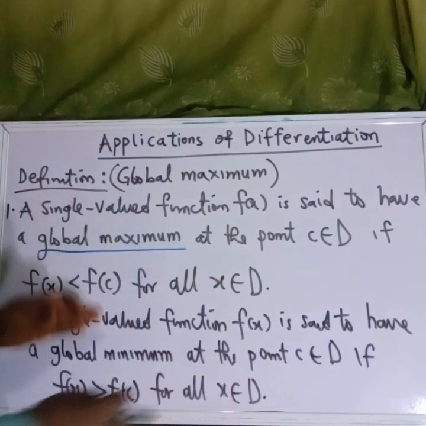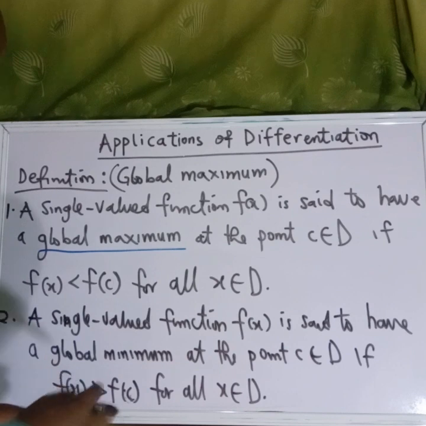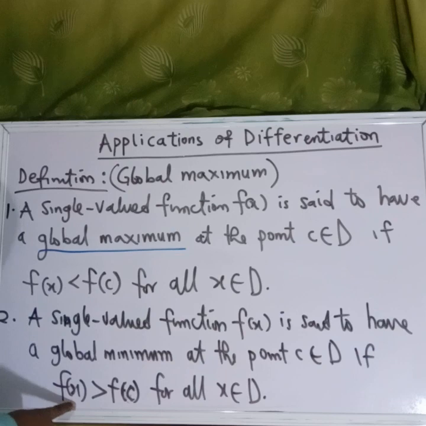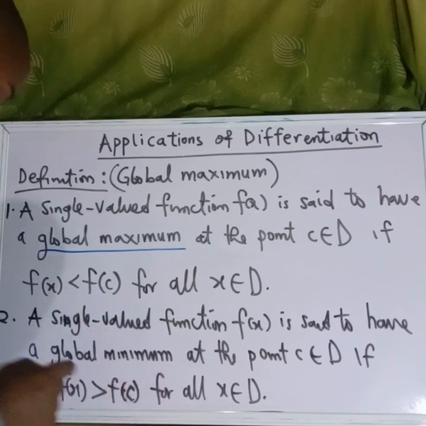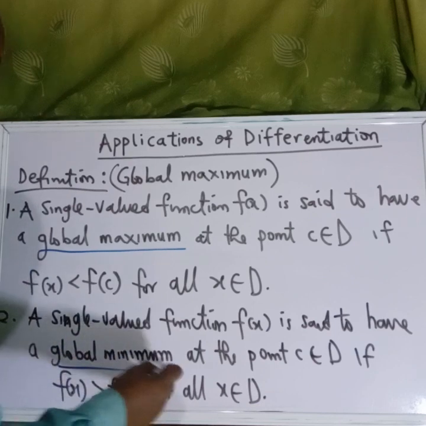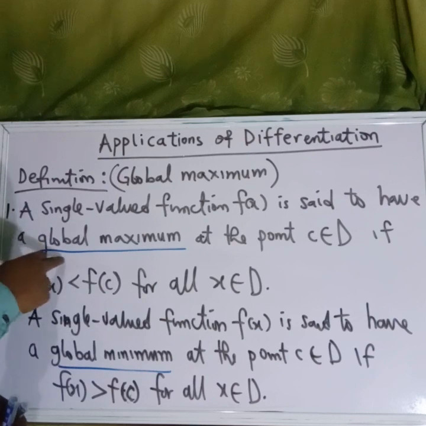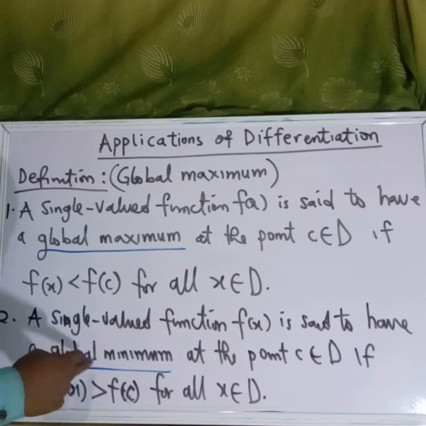So this situation can be compared with the graph that we have earlier. We'll see that all the points of x, when substituted to this place, we'll see that all the values of f of x are more than the value of the minimum. So in this case, you see what is happening there is a global minimum. Another name for global maximum is absolute maximum, and for global minimum, we can also call it absolute